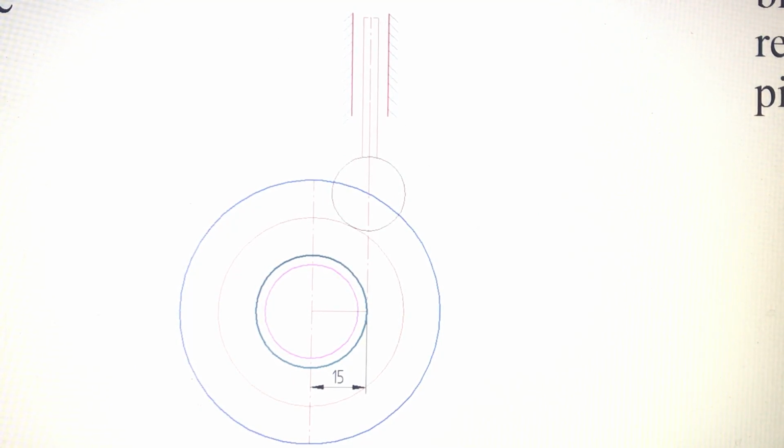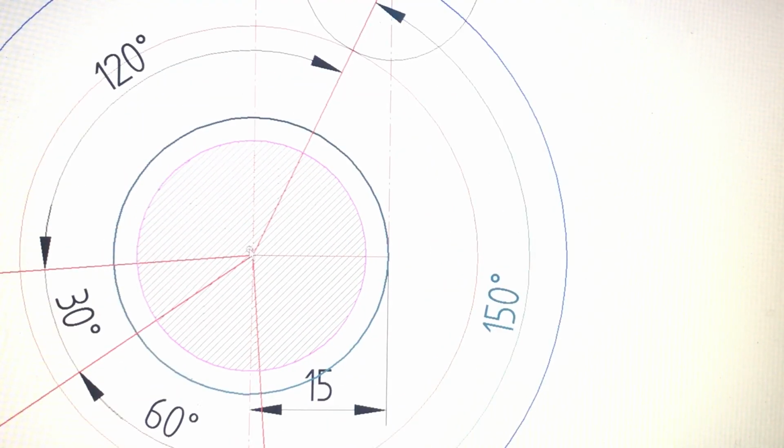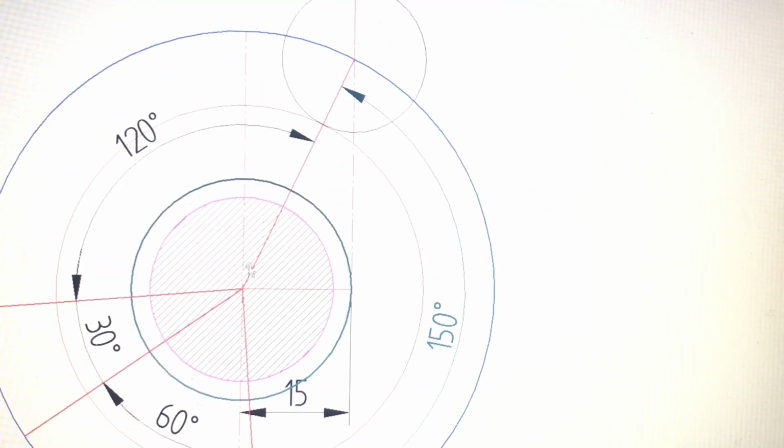In the next step, you draw a projection line from the center of the camshaft to the center of the roller. In the previous problem it is here. Now for the offset follower, you join from center of the camshaft to the center of the roller.